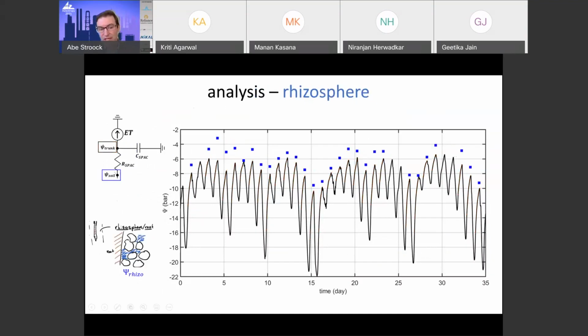Each night, we also watch the system relax back and fail to equilibrate with a potential, which is the potential in the soil around every bit of this 100 kilometers of root. And we can get out another piece of state information, which is the effective state of the soil that the plant is experiencing. So this is how we can use what is just a point measurement within the plant to start to infer information about its dynamical properties and its state, even the state of parts of the system like the soil that we cannot see.